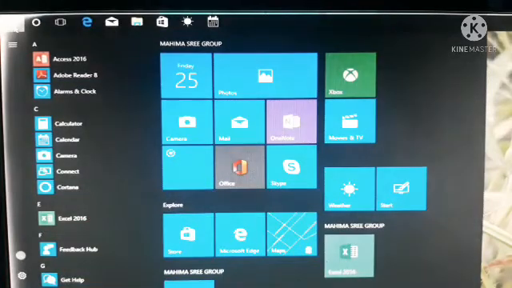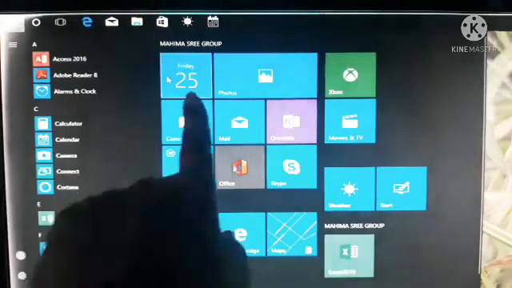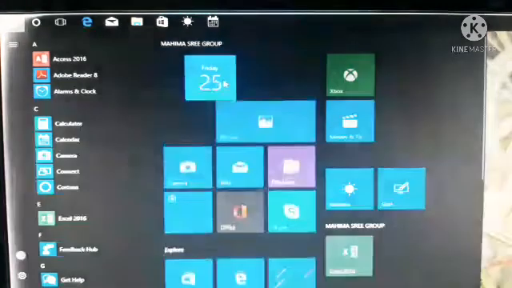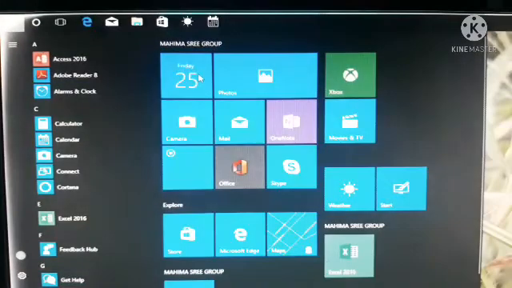So here in Windows 10 we can see the tiles. This is called a tile. In the tiles we can move the tile from one place to another place. So this is a moving tile. Then we can resize the tile.